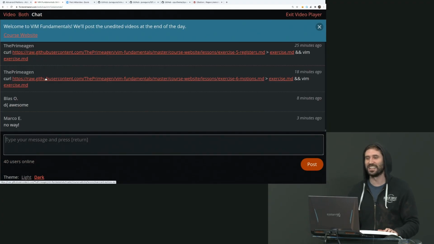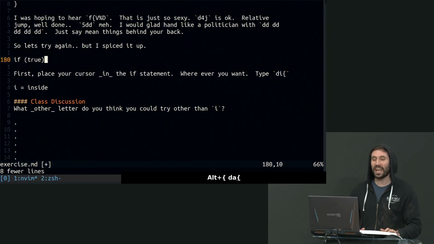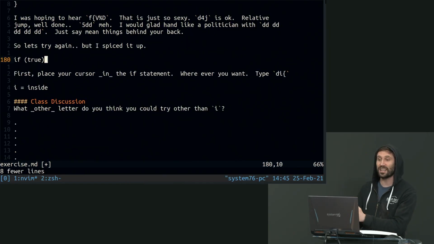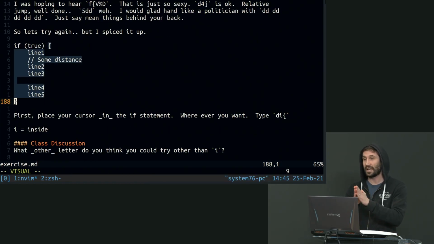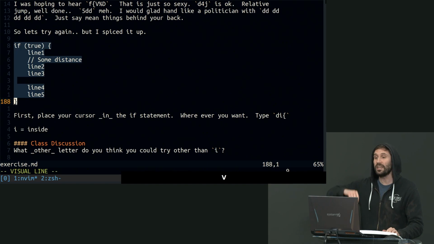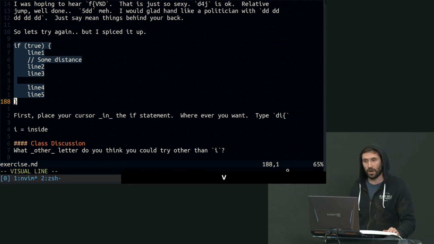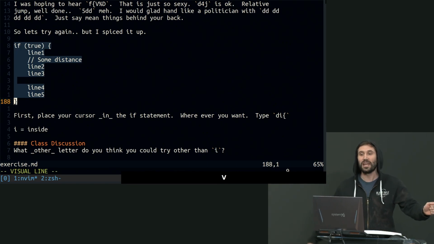A, yes! It is totally A. So if you go DA squirrely, you'll delete the squirrelies as well, which means that if you did VA squirrely, you now have everything highlighted. Then I can do a Shift V to convert my visual mode into visual line mode, and I have the